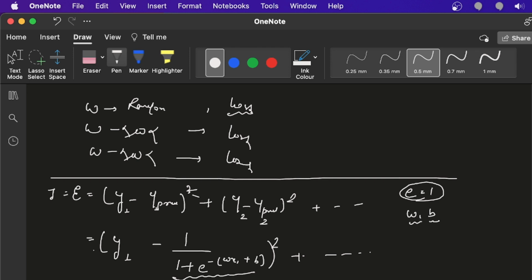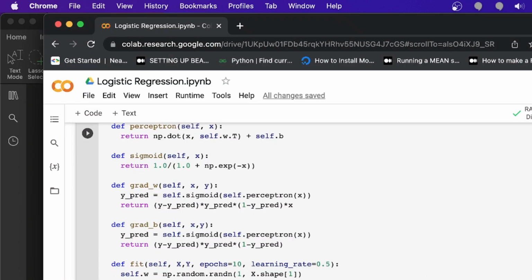No, no, no. Okay, listen carefully. Let me write the code and then I will explain it to you. One second, just one second. Now I will create two variables, dw set to 0 and db set to 0. Okay? Now I am using for x, y